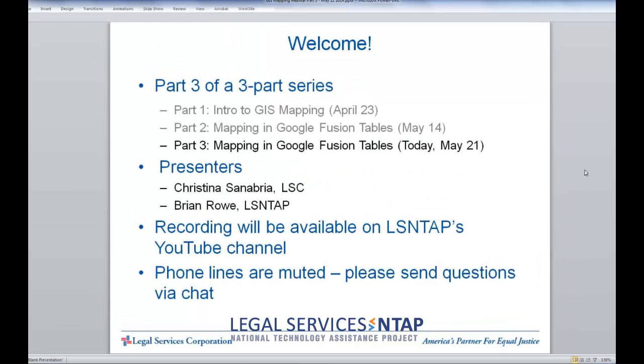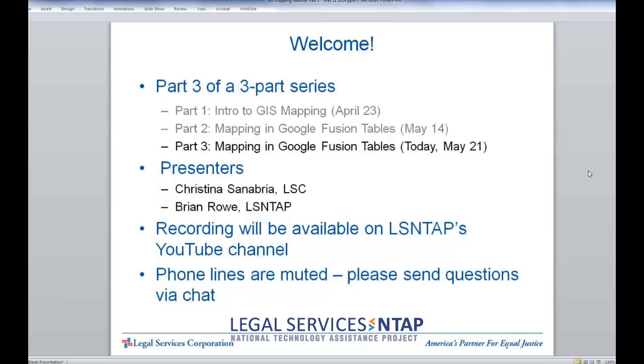Today, as Brian mentioned, is part 3 of a 3-part series. The first one was an intro to GIS mapping and showed some examples of how folks are using it. Last week we did the beginning of a tutorial in Google Fusion Tables, and today we're doing some more tutorial